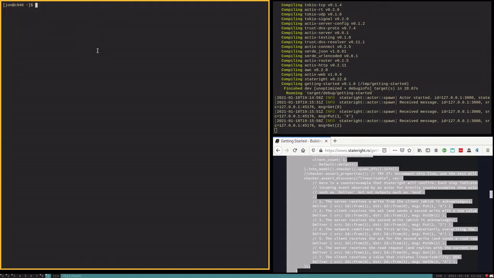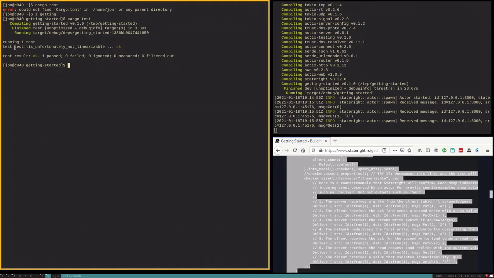Now what we're going to do is quickly run the test. We have to go to getting started, and now we'll run the test. All right, so the test here is actually asserting a bug in this actor implementation, which is that the actor is not linearizable. Linearizable is a term that effectively means that the actor doesn't behave in a way that you might expect